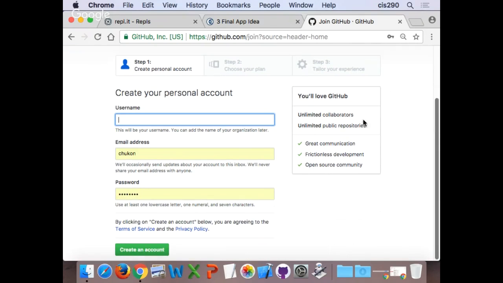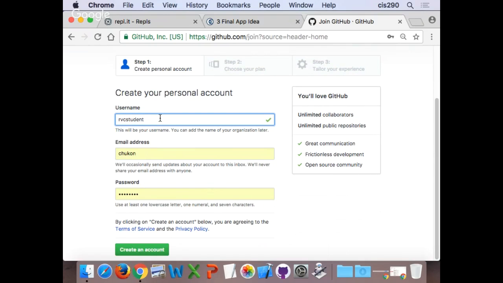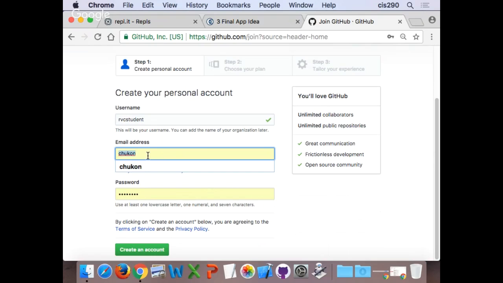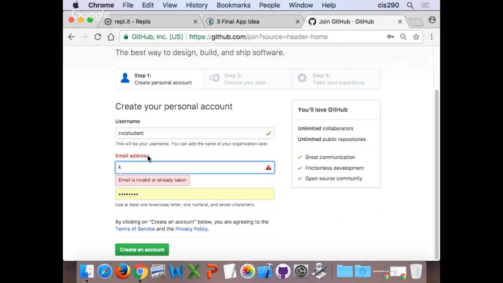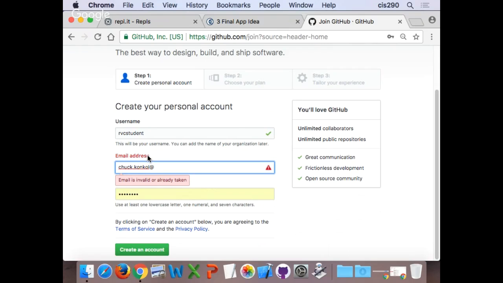where you'll put in a username, put some thought into that, your email address, password, and then click create account. The plan you're going to choose is going to be free. I'm going to try to sign up to a brand new one with you guys so I'll walk with you on it.